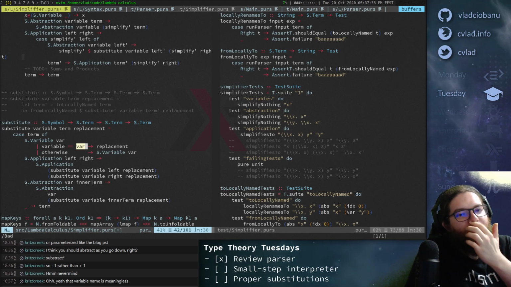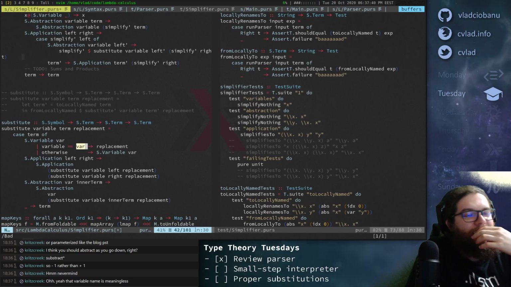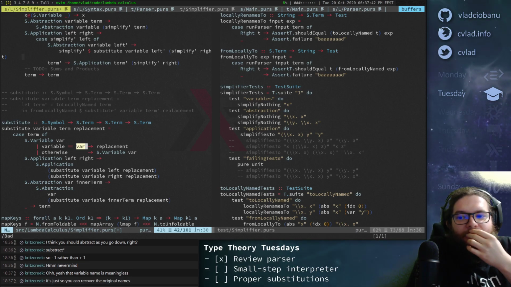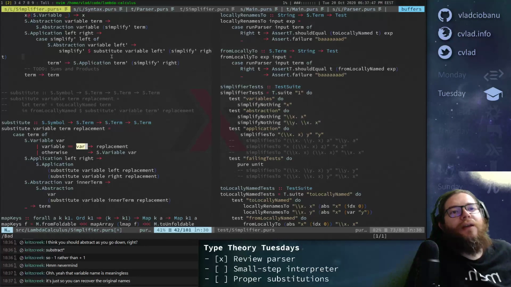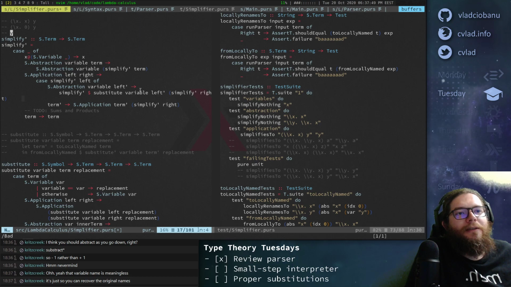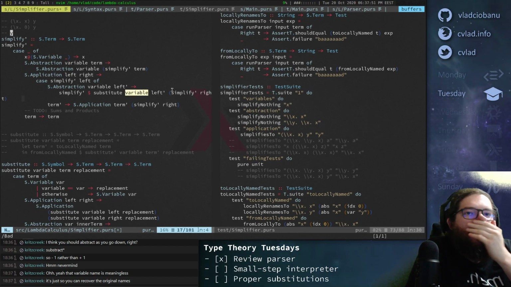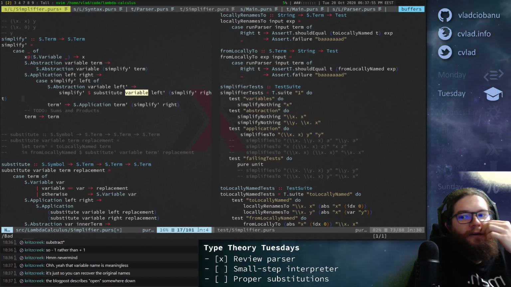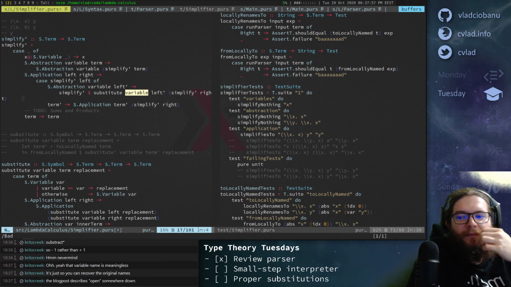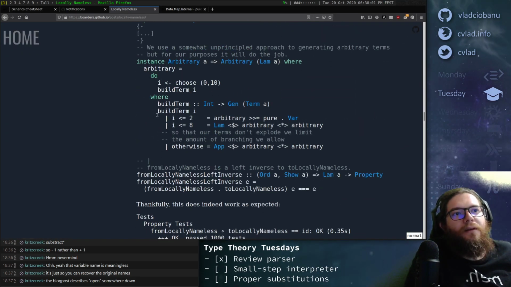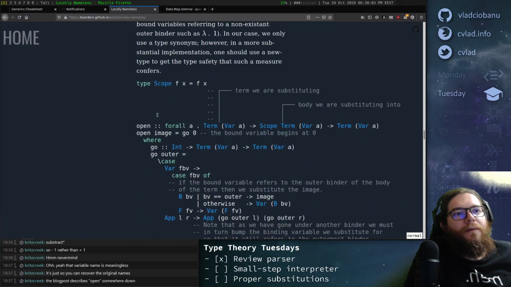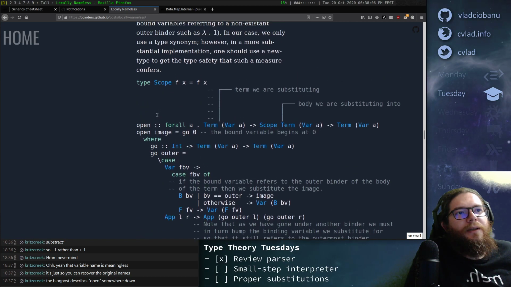Yeah, that variable name is meaningless until we go back to the original name. It's just we can recover the original names. So the question is, how do I go from variable to name here when we're doing simplify to index, right? The blog post describes open. Okay, so what's open? So open is what?